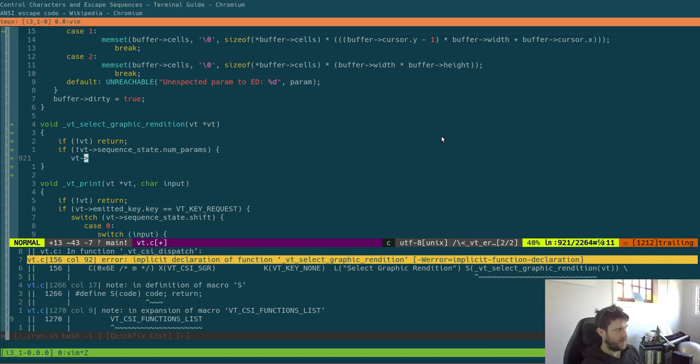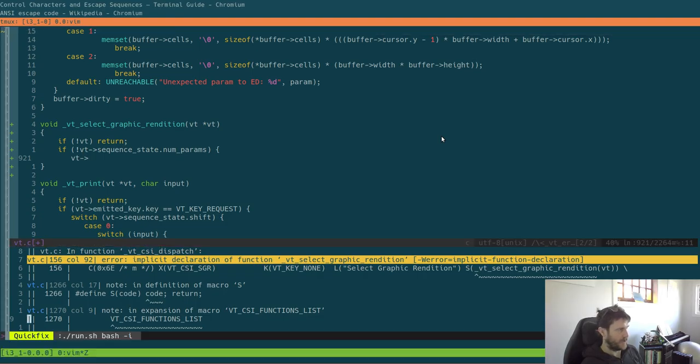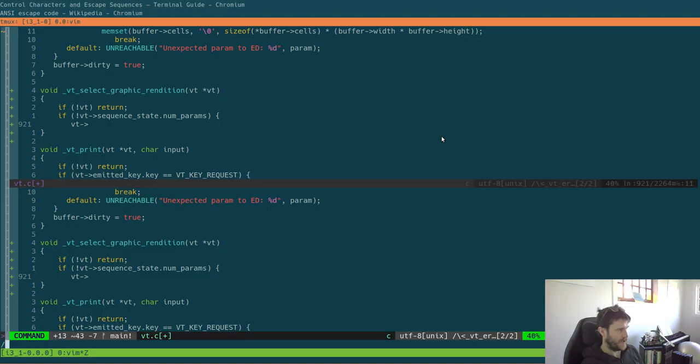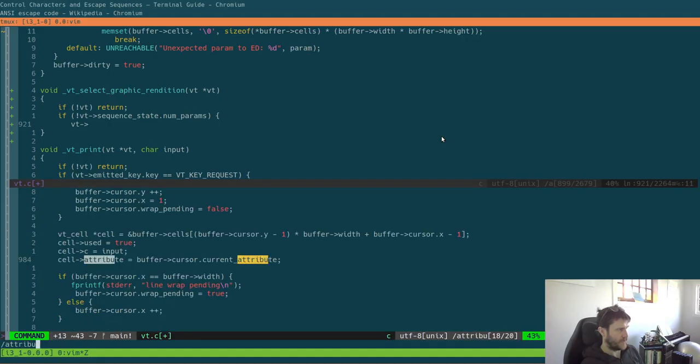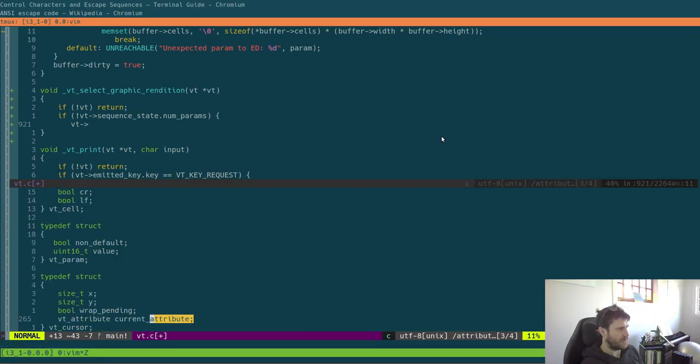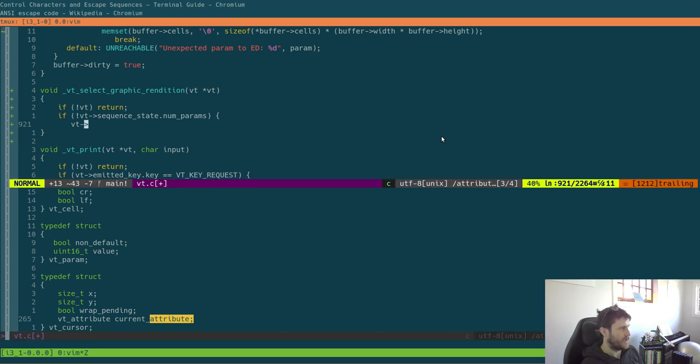I think I want to close that, and then maybe go there and attribute. We store it in the cell, I guess. Where else do we store it? We have a cell, and we have a current attribute on the cursor. So the cursor is, we need to get a buffer, and I think